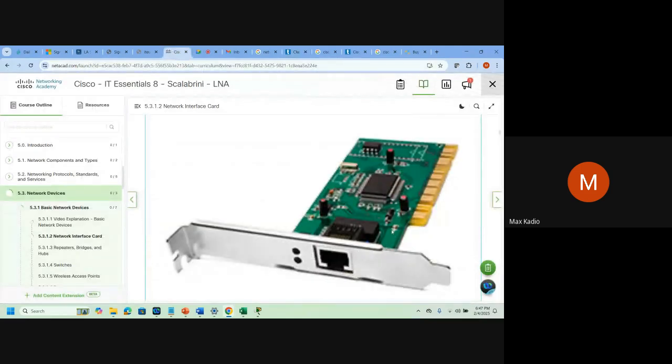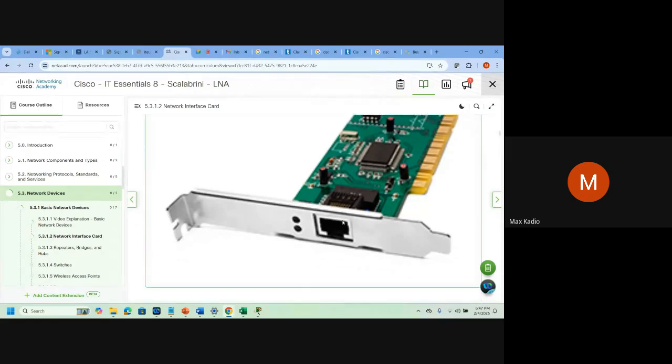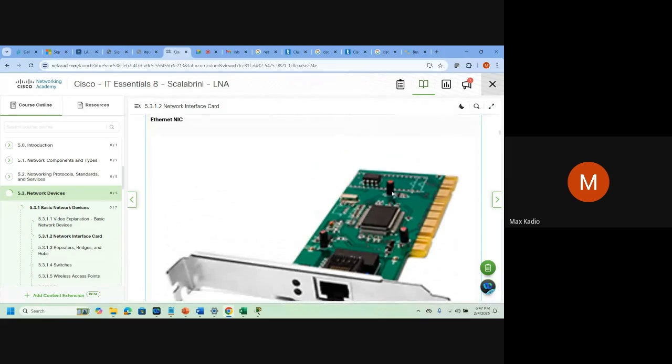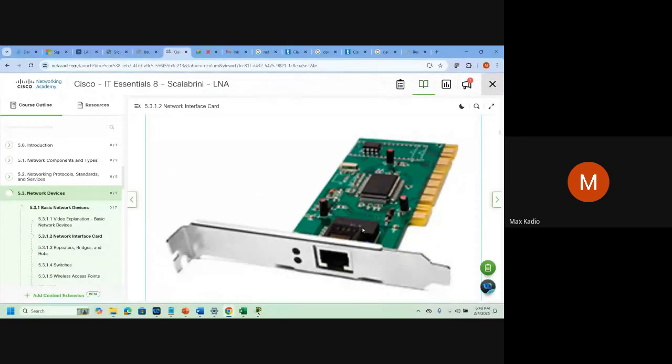So you see, this device is in a PC and a laptop also. For us, we only see that end here, and you plug the network inside. Without this network interface card, you cannot communicate. It's like you have a cell phone and you don't have a SIM card. You cannot call anyone. The same thing, you need a network interface card in your laptop. So nowadays, all laptops, all PCs, they are already built in.